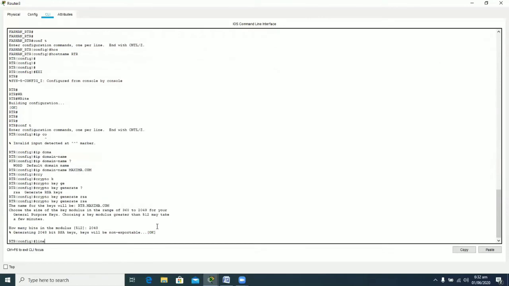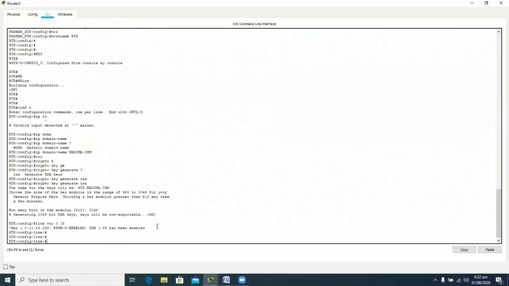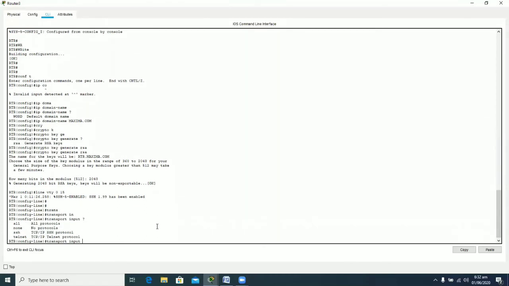So now moving into the telnet line VTY, we had a total of 16 lines, line VTY 0 till 15. And in this configuration mode, I am using the transport input command. After this command, you will have basically four different options. If you use transport input all, then both SSH and telnet can be used to log in to your router. If you use none, then neither telnet nor SSH can be used to remote login into your router. The remote login feature will be completely disabled.